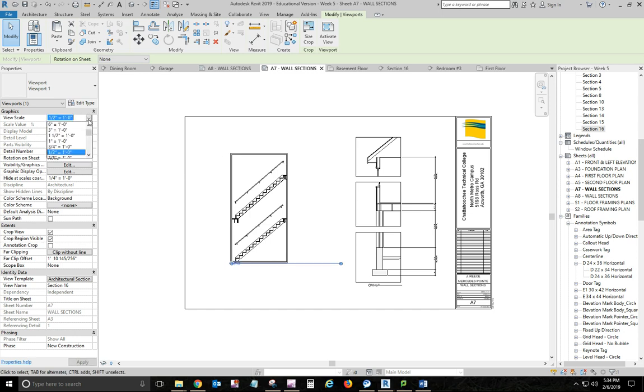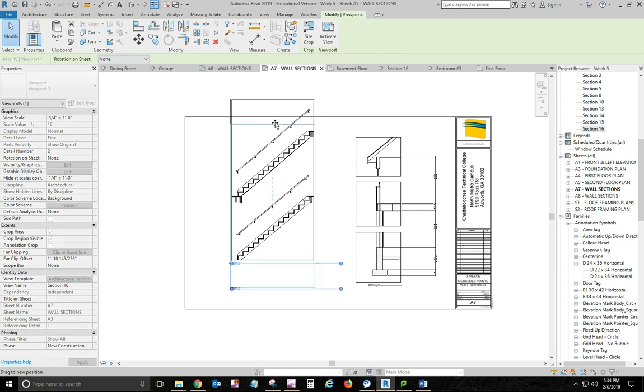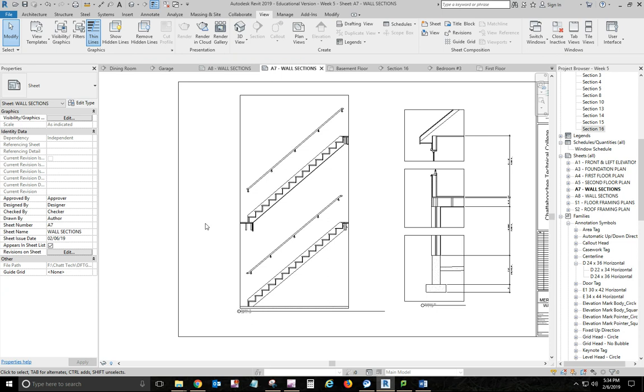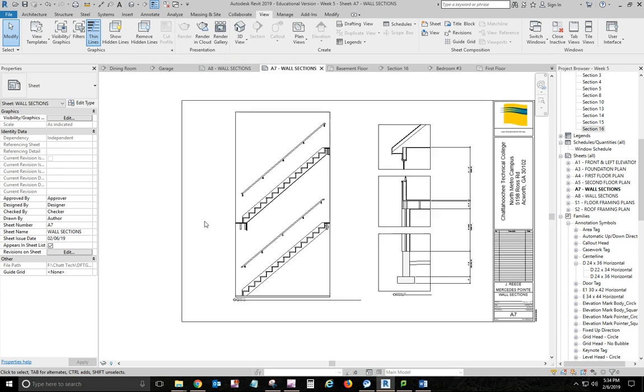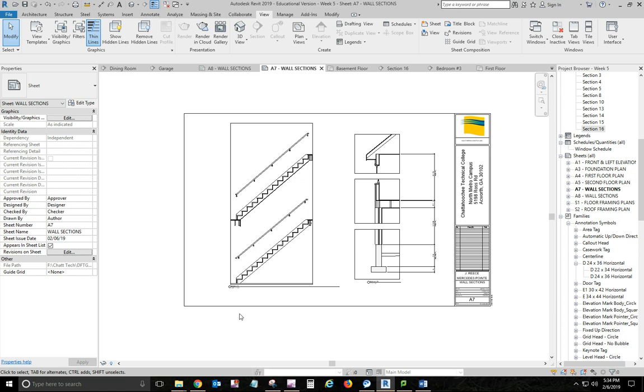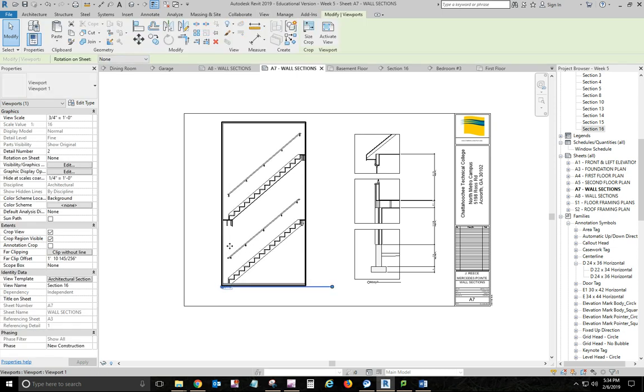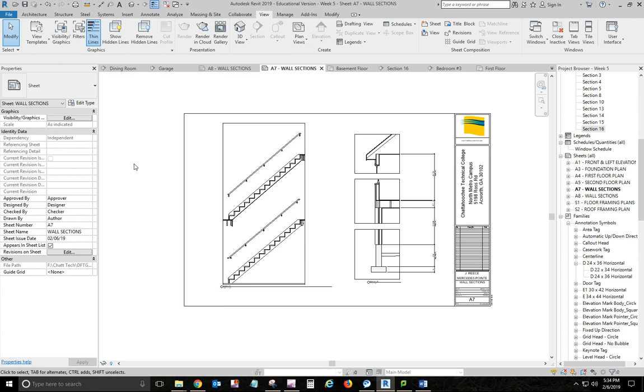We may go with 3/4. Let's see how this 3/4 looks. I think that looks better. We'll go there. If you can get the notes and the dimensions in with that, then we'll go with that. Okay. And then get all of those things fixed up, and that should do it for sections right there. Oh, after you're done with all your sections, go back